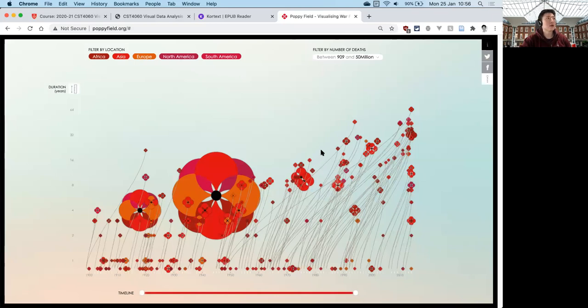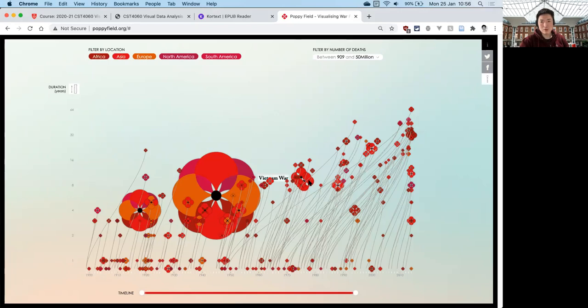And again, just very quickly, you can probably see these are two very big ones. One is here, and the other is here. So this is the First World War, and this is the Second World War. And it's kind of expected. These are probably the two wars with the most casualties, but there are still some other ones here which are quite big as well. If I click on one of them,